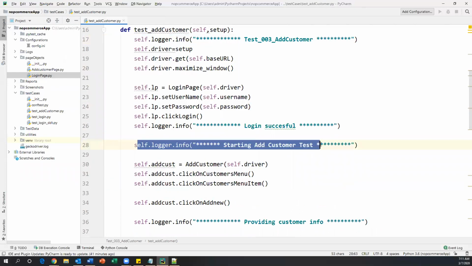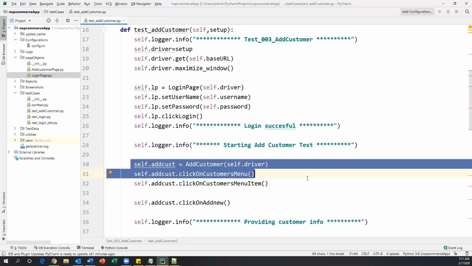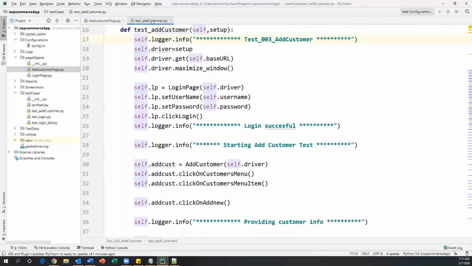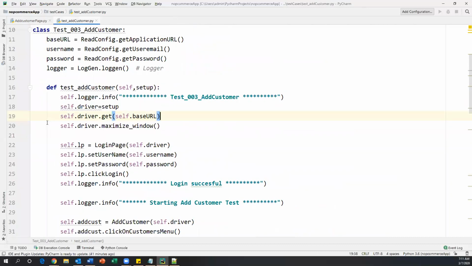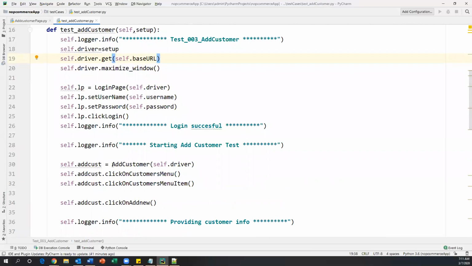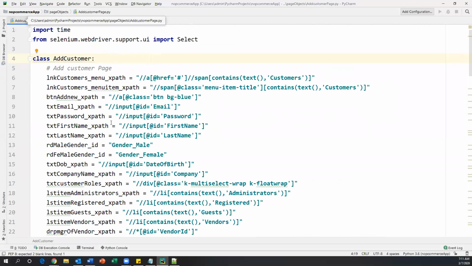Now here we started the add new customer test. So now we need to use the page object class for add new customer. So the add customer page object class we have to use. Let us open this and the add customer test case. So this is my test case now, and we have here, right? So AddCustomer is my page object class. In the module named add customer page, this is my page object class module name, and inside it AddCustomer is my class name.